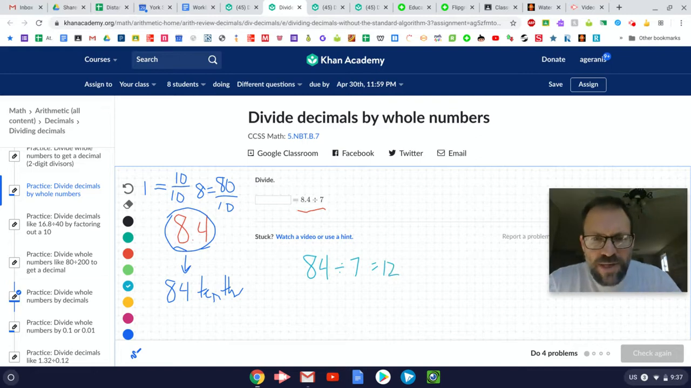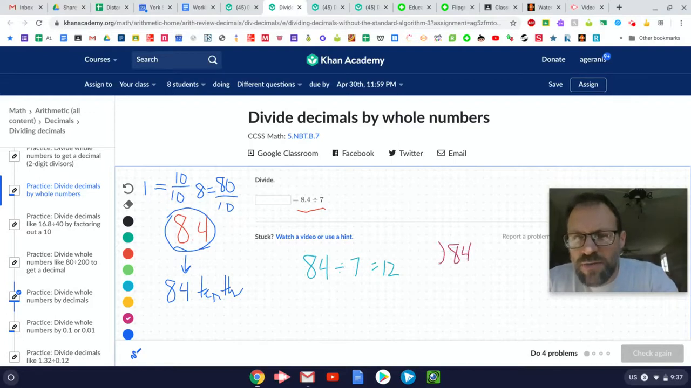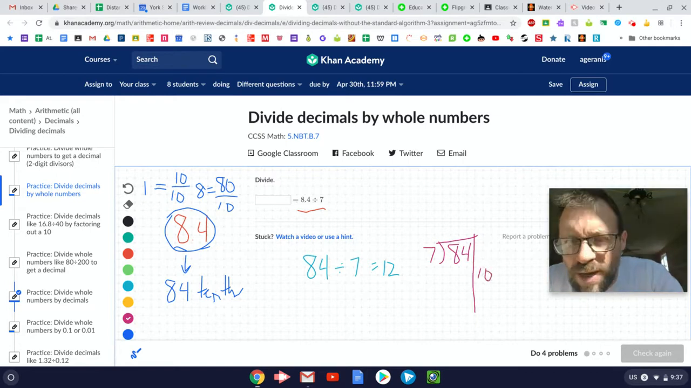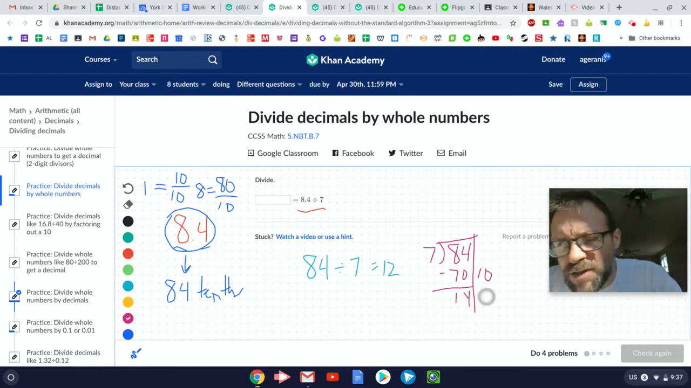Now, if we didn't know that 84 divided by 7 was 12, well, then we could use partial quotients because we've learned that as well. 84 divided by 7, right? So let's see, there are at least 10 sevens in 84, right? So 10 times 7 is 70. Subtract that away, and that leaves us with 14. And there are exactly 2. That's perfect. Exactly 2 sevens